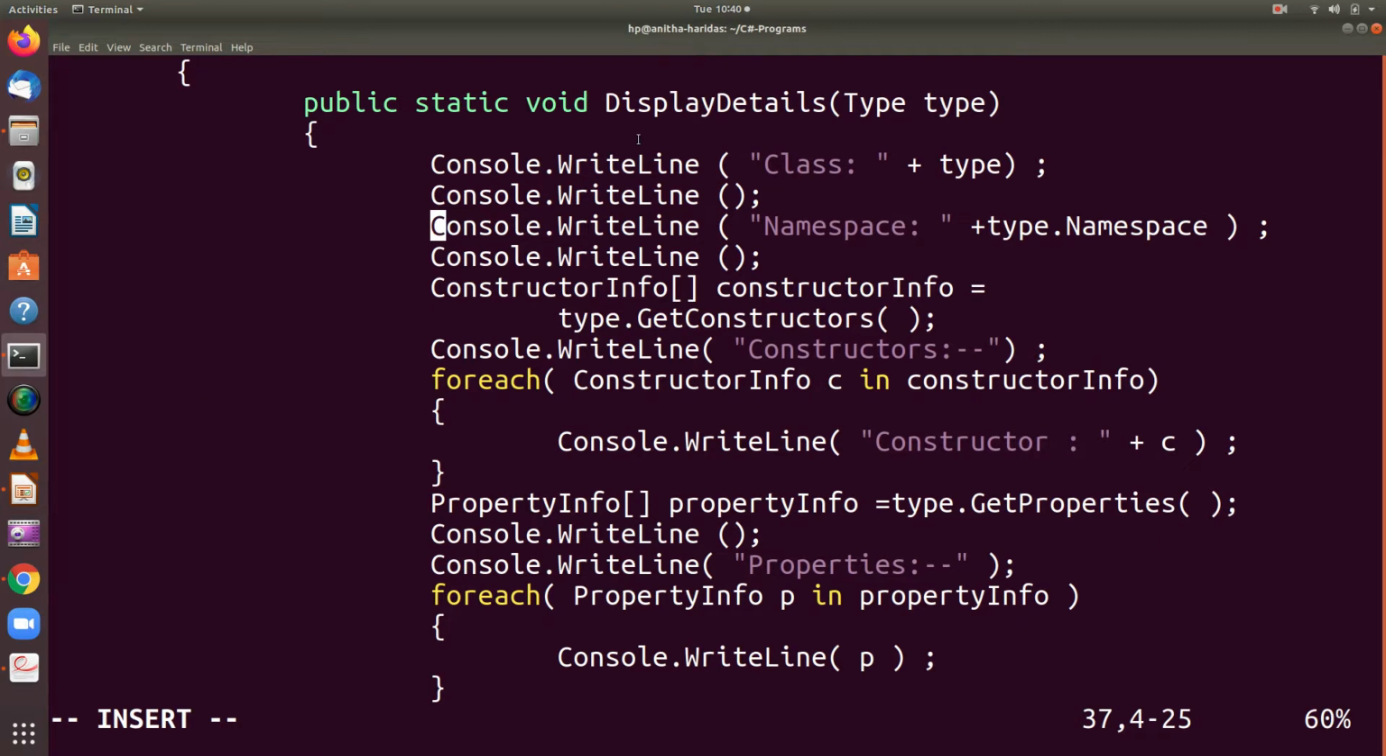I have a static method, and in this static method I am going to pass one data type, and I access the metadata of the type that I am going to pass, right? Whatever type is passed here, I am just displaying the type here. Then I am displaying the namespace of that particular type. You can use the namespace